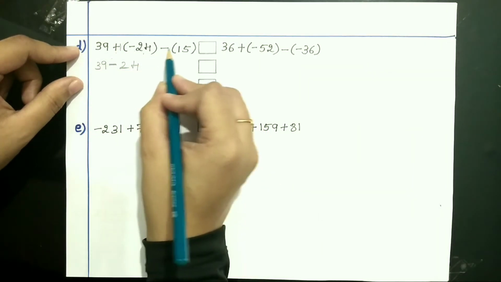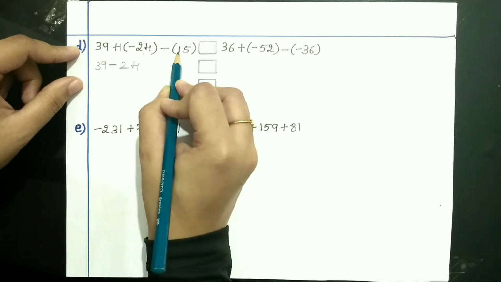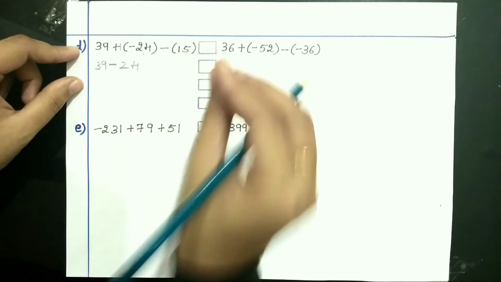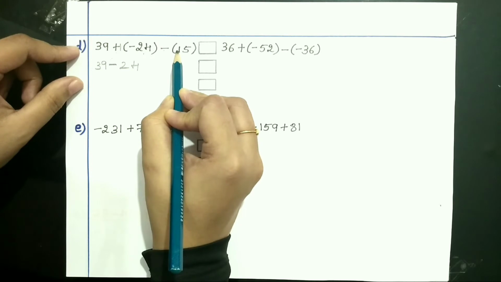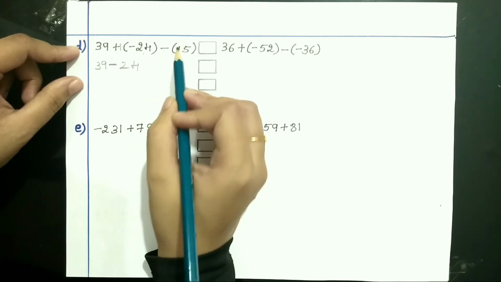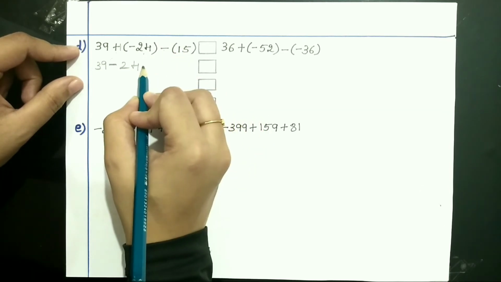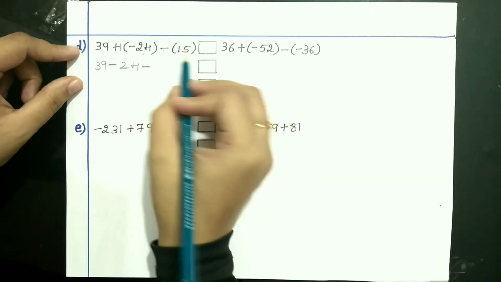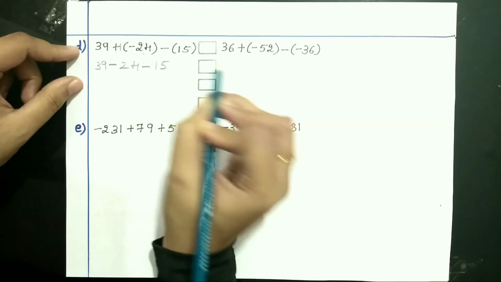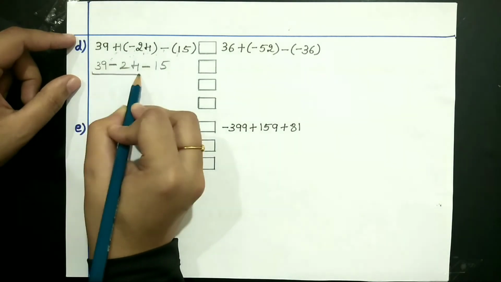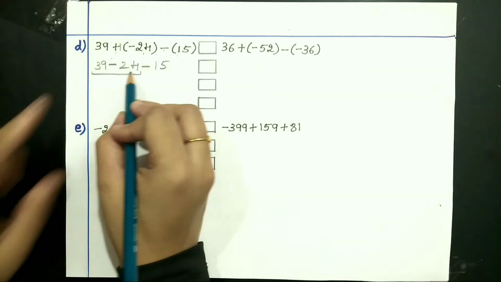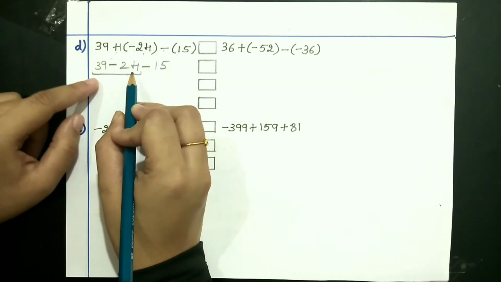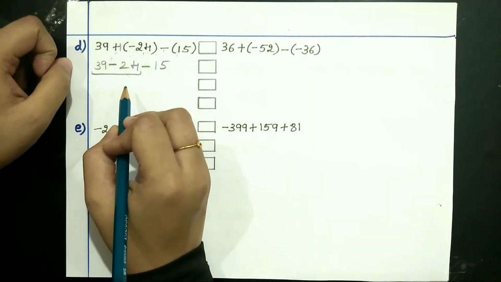Okay. Next here, outside the bracket it is minus, inside the bracket it is which sign? It is plus sign because they have not given you any sign, that means it is plus sign. So one sign is minus, one sign is plus. Since the signs are different according to the rules of multiplication, which sign do you have to put? Minus sign, and 15 ones becomes 15. Now let us take these two numbers and solve. Plus 39 minus 24. Since there are no brackets here, that means you have to use the rules of addition and subtraction now.